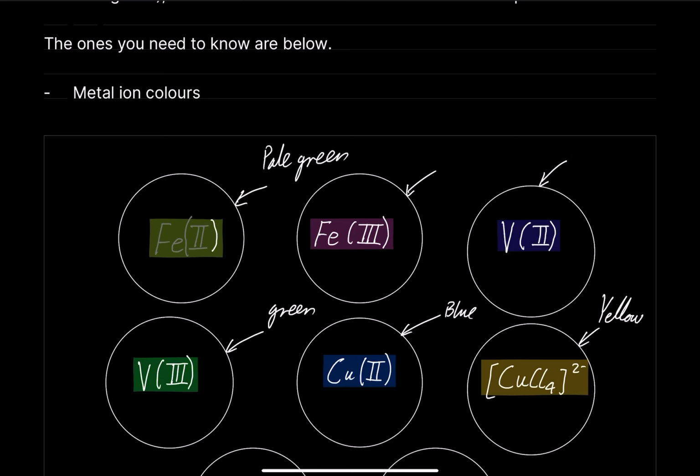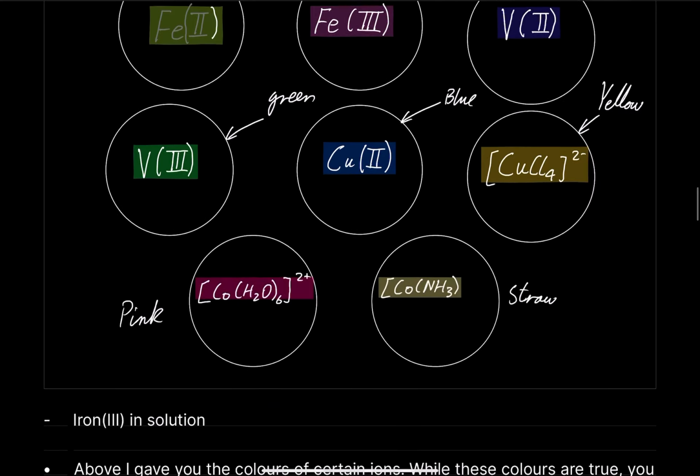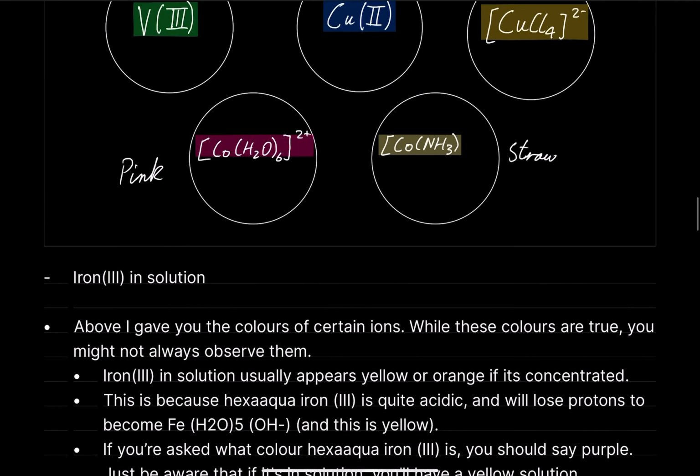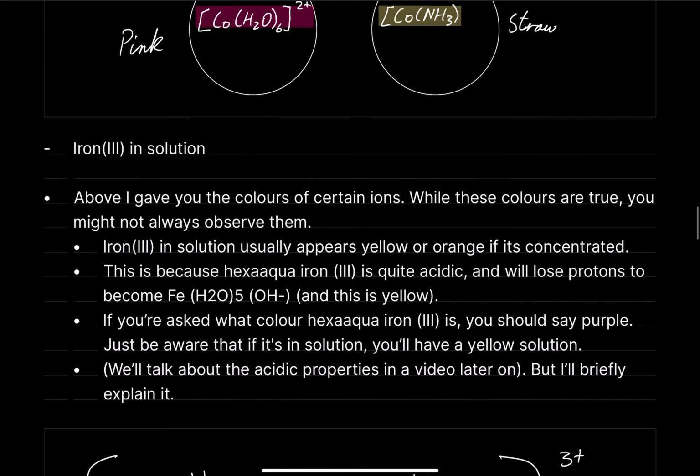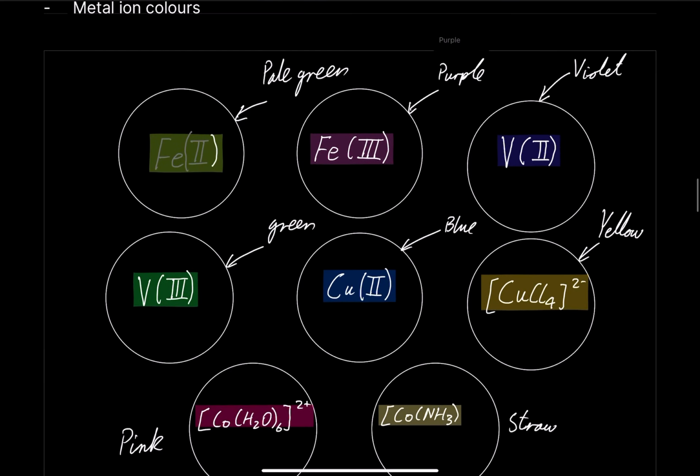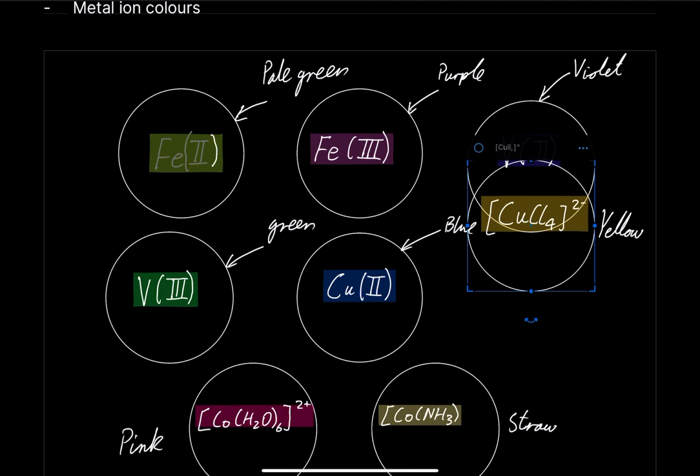If I'm wrong, again, double check this for your specification, because even I make the mistake here. But the point being, the Fe3+ as itself would be more of a purple color, but once it's in solution,